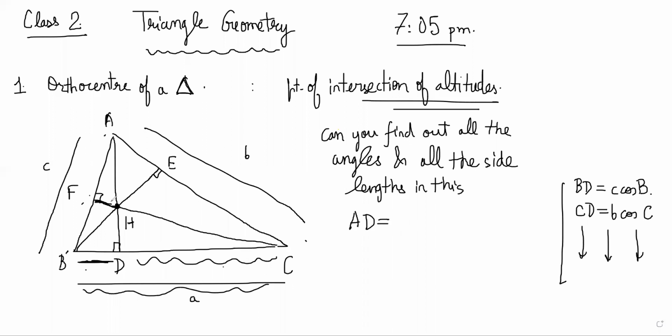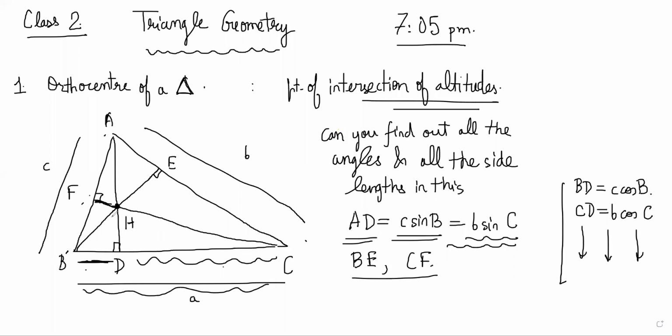Similarly, you can also say, what is AD? AD is c sin B, correct? And similarly, BE will be a sin C, right? Someone says AD is b sin C also. That's because c sin B is equal to b sin C, because it is the sine rule. You can do it in two ways, right? So similarly, you can find AD, BE, CF, all of those lengths also.